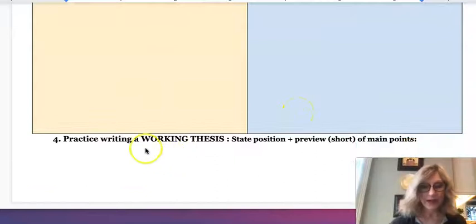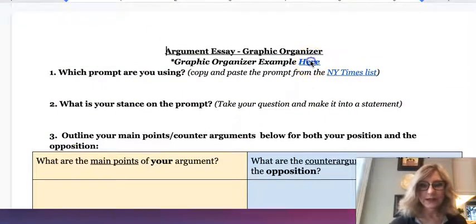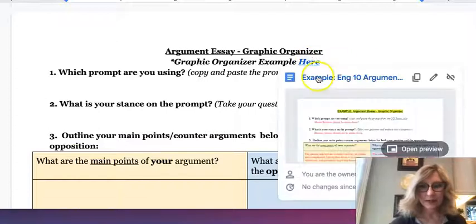Then I want you to practice writing a thesis where you state your position from above and you preview a short preview of your main points. And then you turn it in. Here's an example at the top. You just click on this button here,